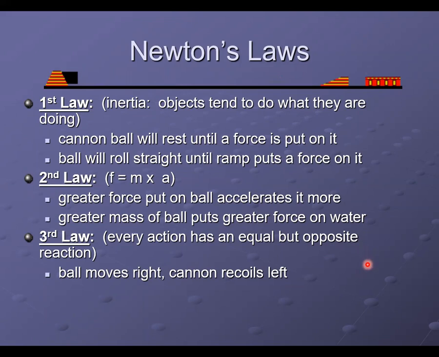Because what happens when you pull that trigger? Well, the gunpowder ignites, it pushes the bullet one direction, and guess what? The gun goes the opposite direction. That's the kick, that's the recoil. So if people use a rifle incorrectly, they end up with a black eye, because the gun kicks back, there's nothing stopping that force, that motion, and so it hits them in the face. So in this example, the gun fires the cannonball to the right, the cannonball pushes the gun back to the left. So you see that little recoil right there,